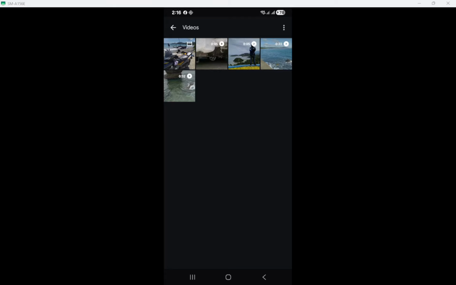Alternatively, you can go with Option B. This involves opening your library and manually finding the videos you want. This method might take a bit longer but is useful if you already have a specific idea of where your videos are located. Once you've selected your videos, tap the Create button, which looks like a plus sign, at the top of the screen. This button is your gateway to making something new with your videos.